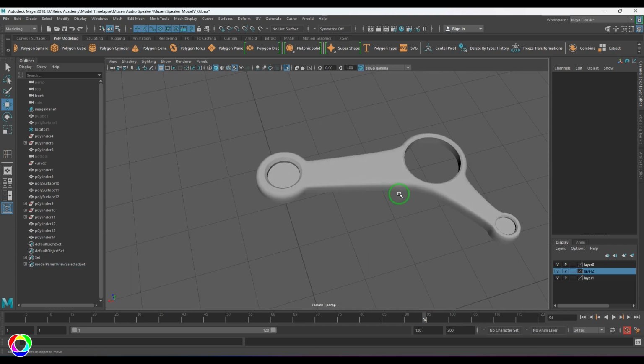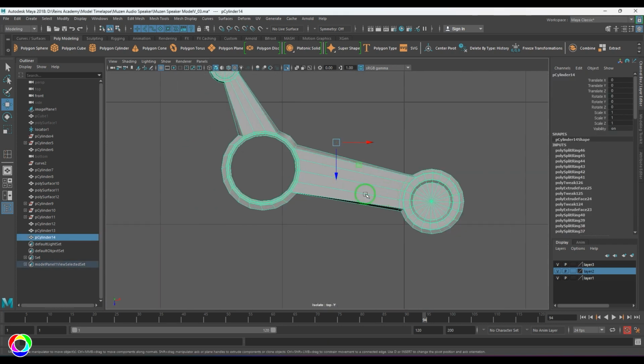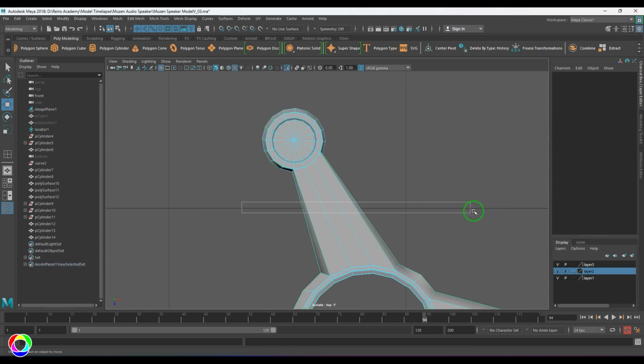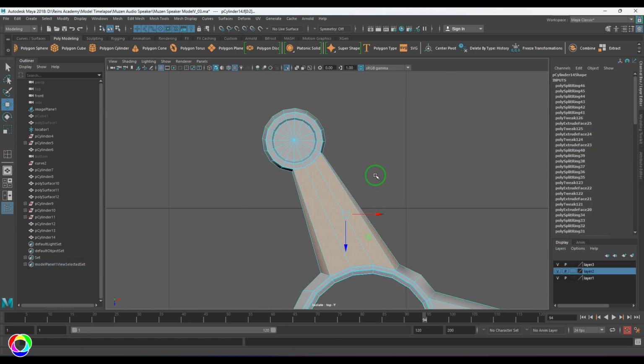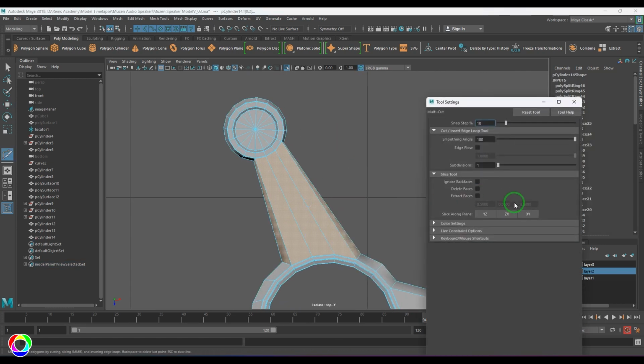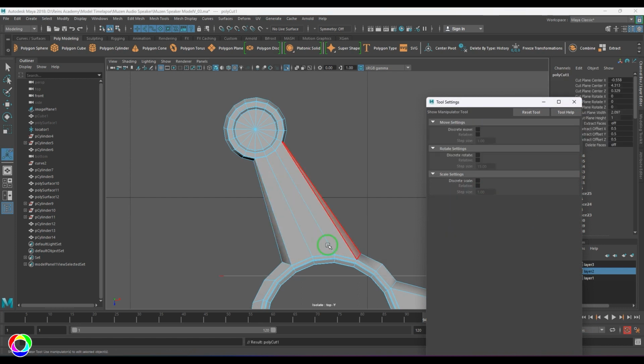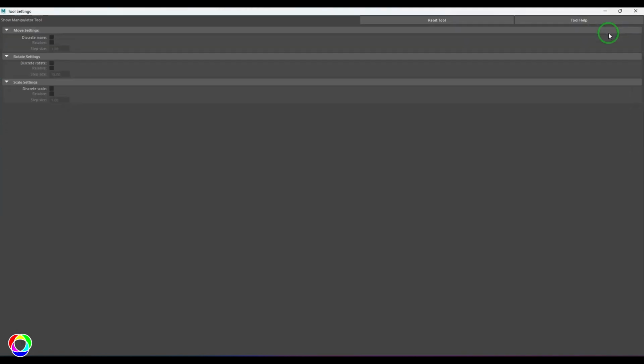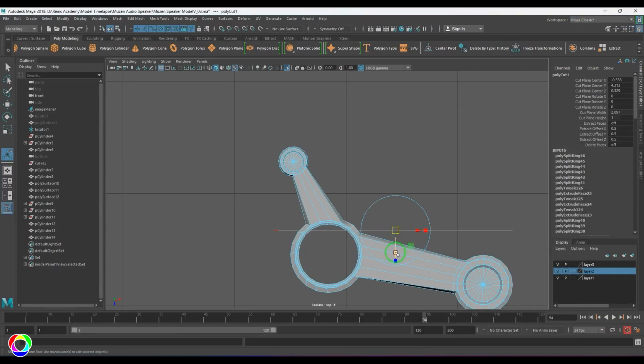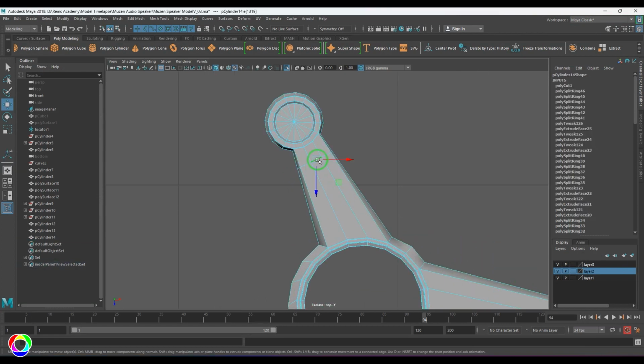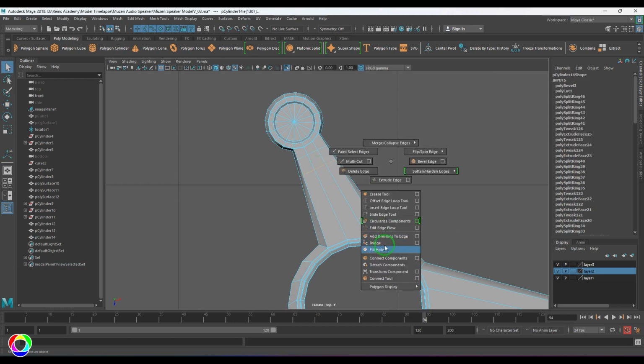okay. So this looks good. I'm going to add a line which should be pretty much straight. For that I'm going to use the multi-cut tool, and for the time being I'll use the XY plane, and then I'm going to move it like that. Okay, and then we will bevel it and then we'll slide it. Okay,